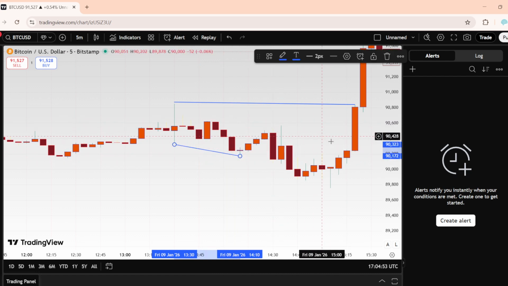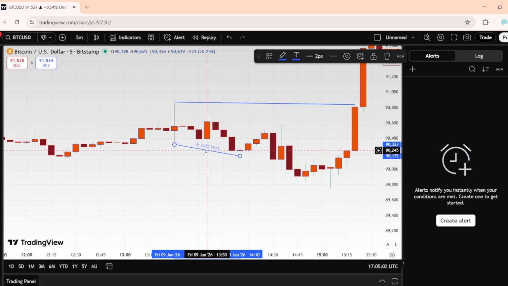If it's not quite right, no problem. You can adjust it at any time. Click and drag either endpoint to fine-tune where the line touches the chart. You can also click and drag the entire line to shift it without changing its angle. Take a moment to line it up with the most relevant pivots so the trend it represents is clear and